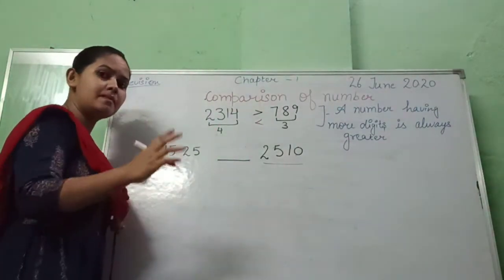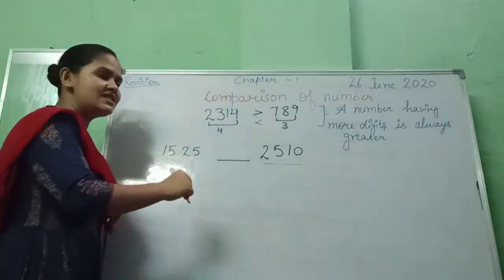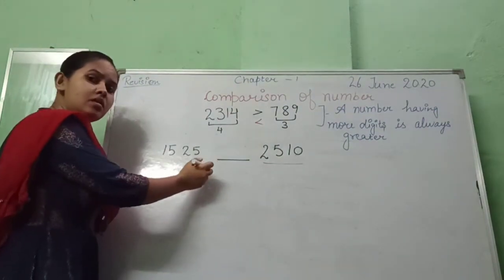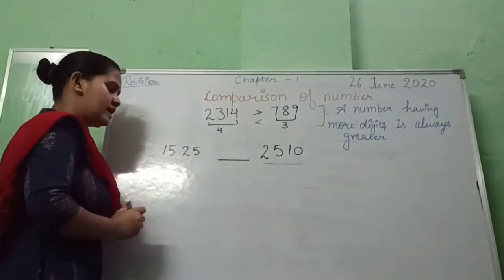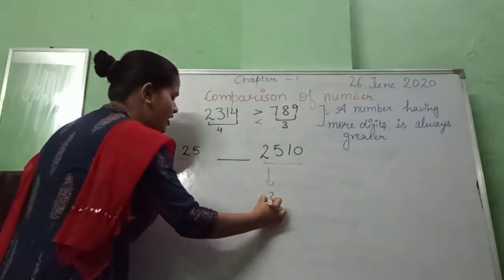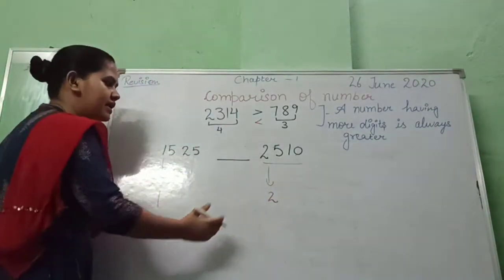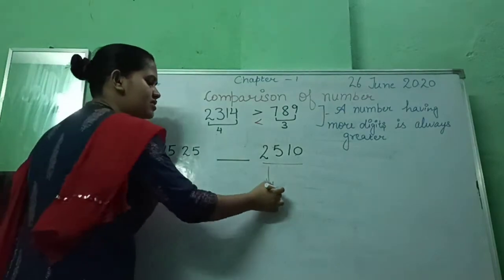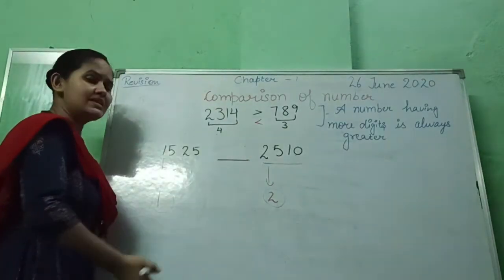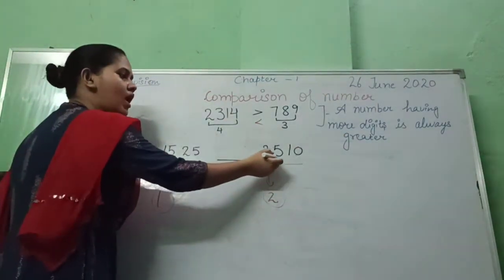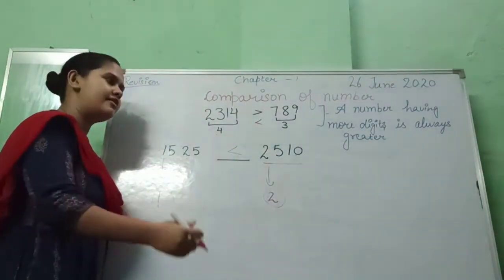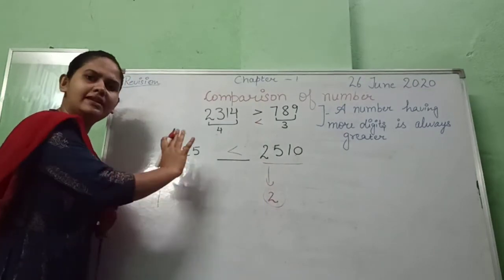Always remember, in the comparison of numbers we never start from the ones. We always start from the first digit, which means if we have a 4-digit number, we always start with the 1000, right? So we can see the 1000 digit is 1 and this is 2. So we can easily compare them, because there is 1 and there is 2. No need to compare the further digits. Okay, so which one is greater in front of us? The 2510. So the greater sign will go to the 2510. In this way we will find the greatest number.